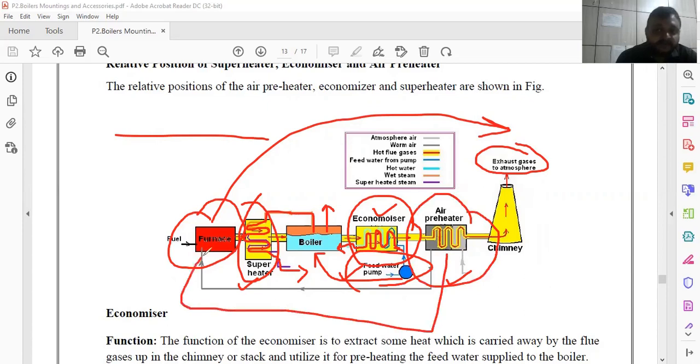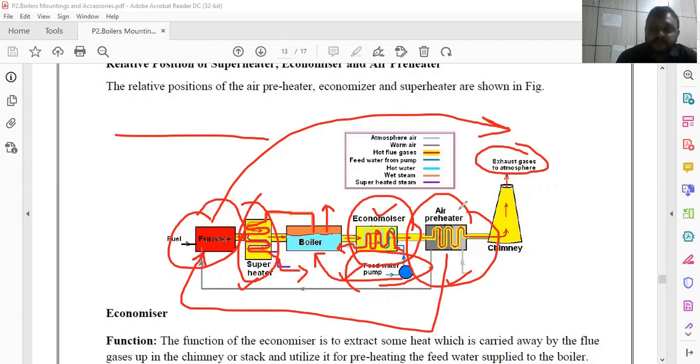We have to supply some normal air for the purpose of ignition, specifically oxygen. 20% oxygen is there in the air, so we have to supply the air for the ignition of the furnace or to make it continuous. So rather than supplying the normal air, we have to preheat the air by heat available in the exhaust gas.